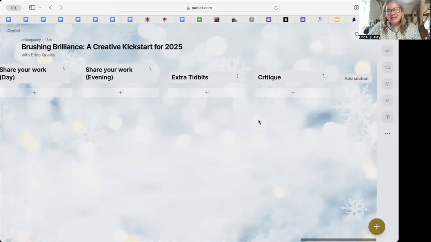And then the very last column is critique. This is for our February 4th group critique. And this is going to be a place where you can just post one image that you've created. There's a lot of people in this session, so we really only have time for one image. But what I'd like you to do is to post the one image,